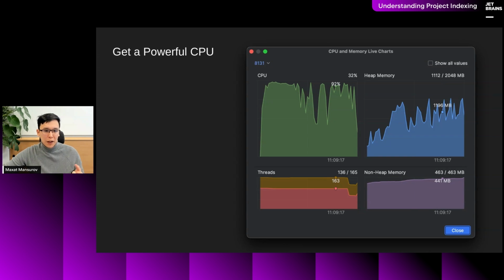So if you are able to get a machine with more cores, this will be very beneficial, because our scanning and indexing is happening in many threads simultaneously. So the more cores that you can give to the IDE, it will use it. It will essentially give you a better experience. Here in the screenshot, you can see the initial indexing, and you can see those CPU spikes and thread spikes when the indexing is in progress. So yeah, my advice: get better CPUs.